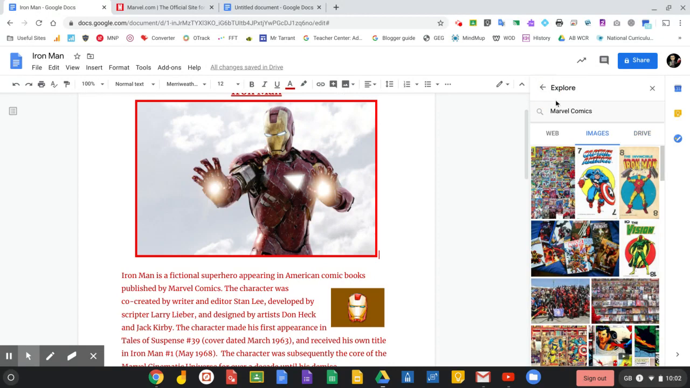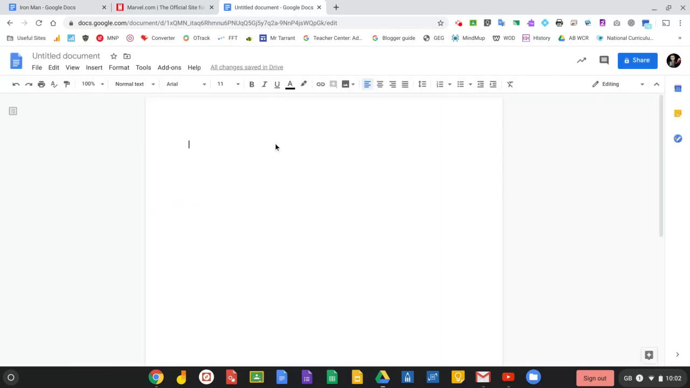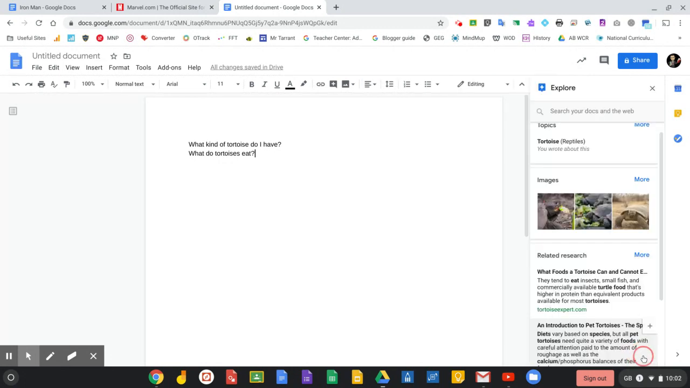The power of this tool is best seen when you start a new document. So if I go to a new document, I'm going to type in just a really basic start point for a document. I'm going to put in: what kind of tortoise do I have? What do tortoises eat? There's a little bit to go on, and if I just give it one word, it's going to struggle. But I've given it a little bit to go on there, say two Google searches, and it combines